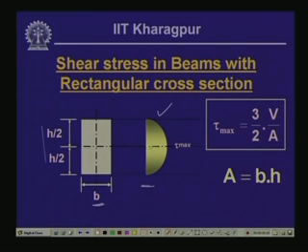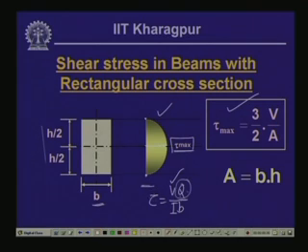It is a parabolic distribution having maximum shear stress at the neutral axis, which we call tau max, and the shearing stresses at the outer surfaces are 0. The maximum shear stress is given by 3 by 2 V by A. If you remember, we calculate tau as V q by I b, where V is the shear force in the section where we are calculating the stress, and q is the first moment of the area, depending on the section at which we are evaluating the stress. If we are evaluating the stress at a section at a distance of y 1, then q is the